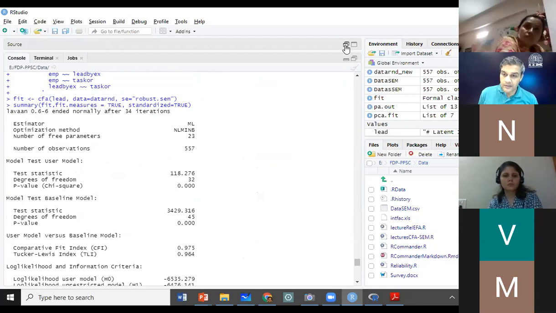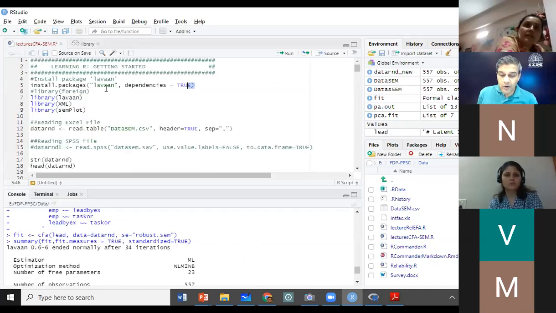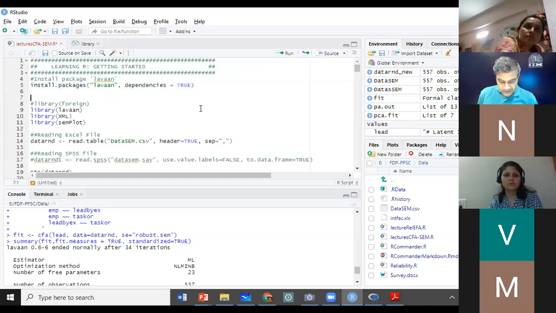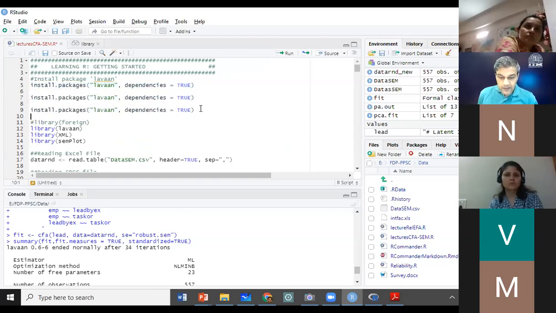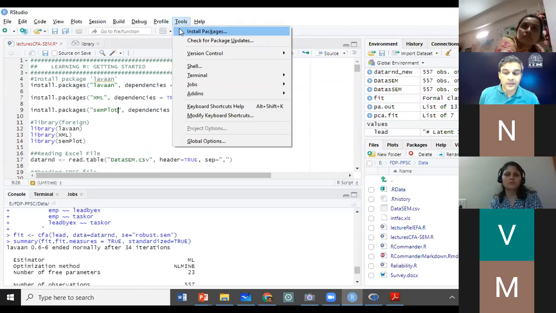Sir, how to install XML? You can copy this install package command, and in place of lavaan, just say XML. In place of lavaan here, just say SEM plot, or you can also go to tools and say install packages.